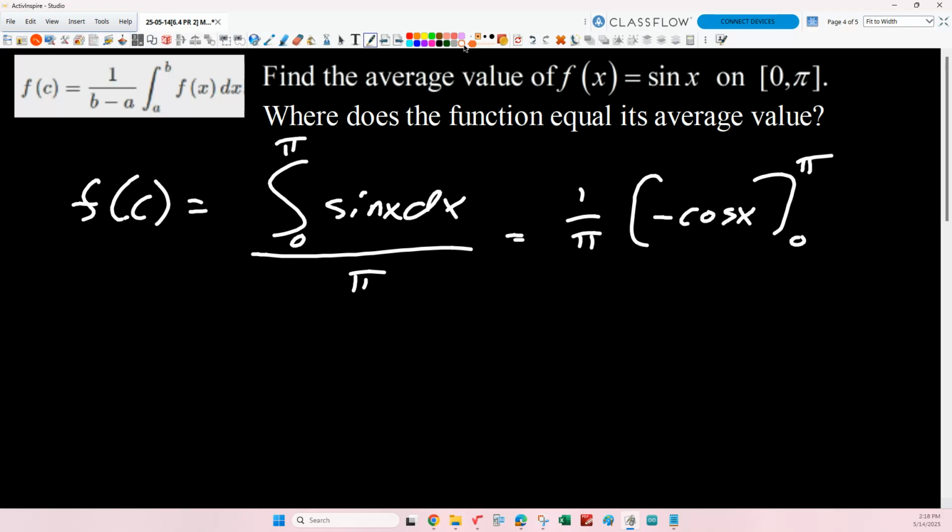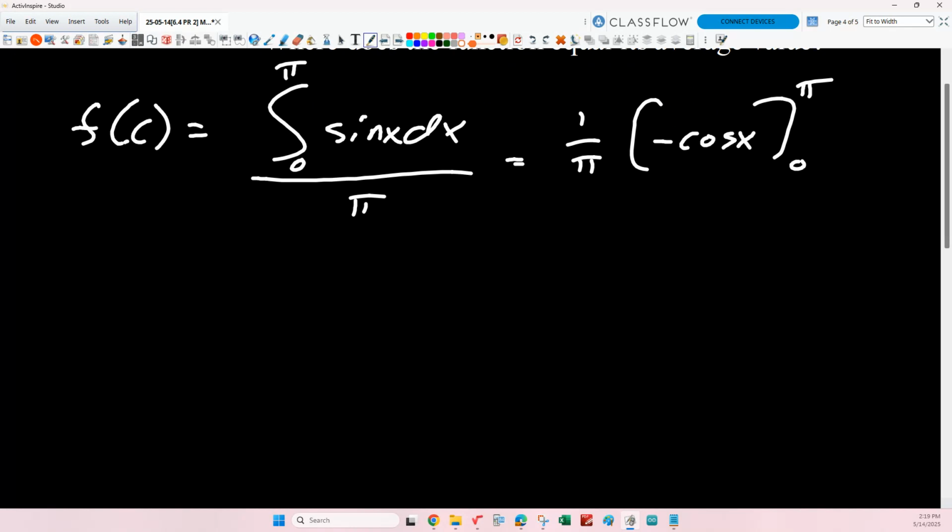You wouldn't necessarily do this, but what if I wanted to make that a positive cosine instead of a negative cosine? What would that do to the limits of integration? Just flip them. Yeah, I could, if I wanted to, write that as cosine x evaluated from pi to 0, just backwards. Doesn't matter, either way. Okay, so then that gives us